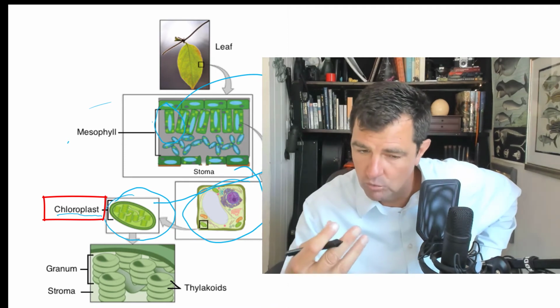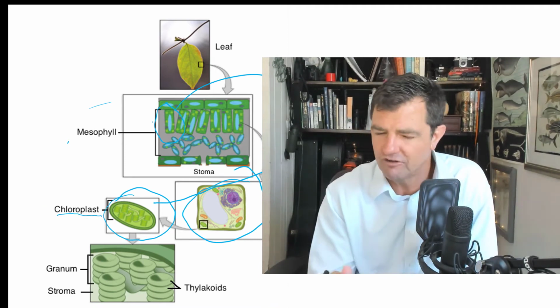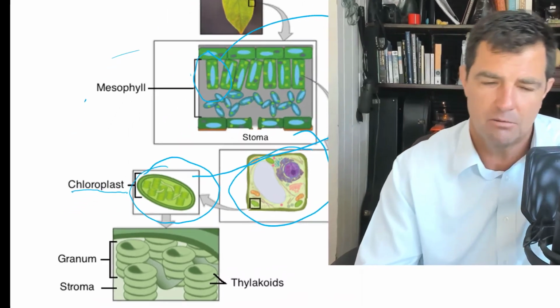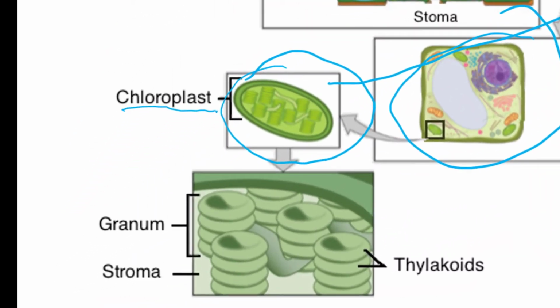And then if you were to zoom into that, which is very hard to do with our microscope, you kind of need a little bit more power than that, you would see that there's a structure within that chloroplast in which there are these tiny little sacs that are called thylakoids. And thylakoids are often grouped together, and when they're grouped together, they call a stack of those thylakoids a granum. And then outside, there's a fluid surrounding the thylakoids and the granum, and that's called the stroma.